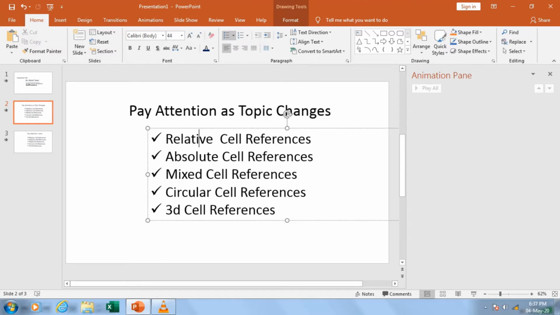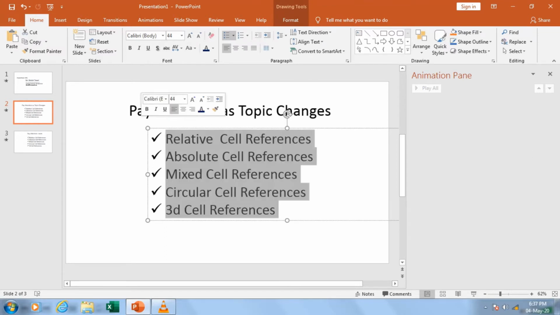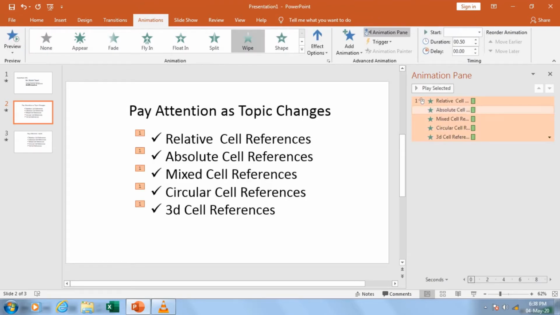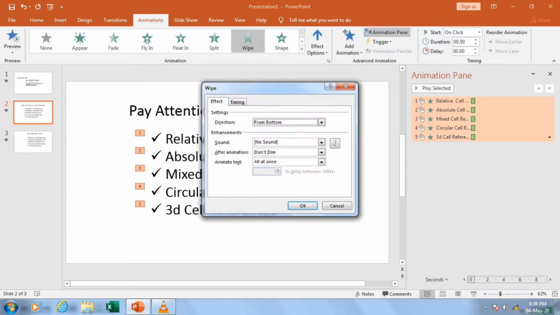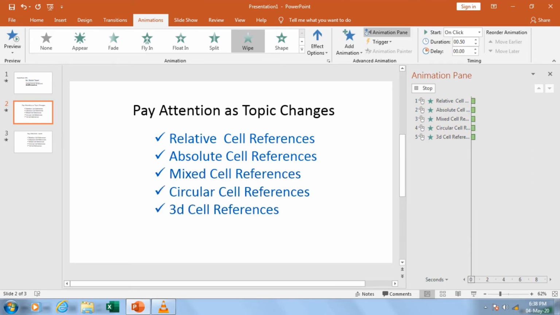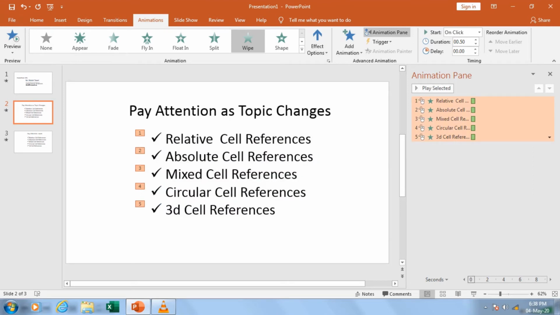Okay, so these are my contents where I have just selected the data. After selecting the data, I went to the animation part. I applied the animation called Wipe. Whenever I apply the animation called Wipe, from the animation section I said On Click. Whenever I said On Click, you can see the On Click started, and then finally I went to the Effect Options, and from here I chose the color according to our requirement. So whenever I click, the color keeps on changing. Okay, so this is the first animation which we have learned.